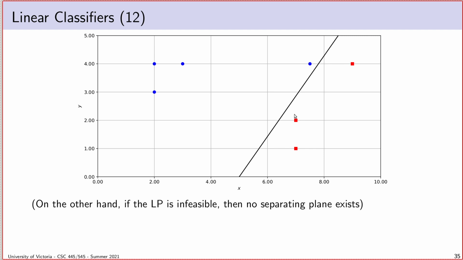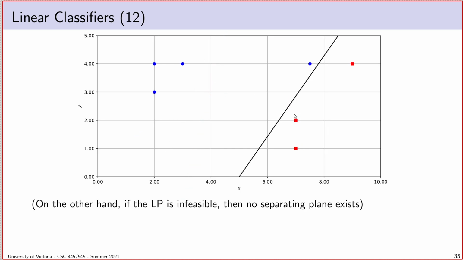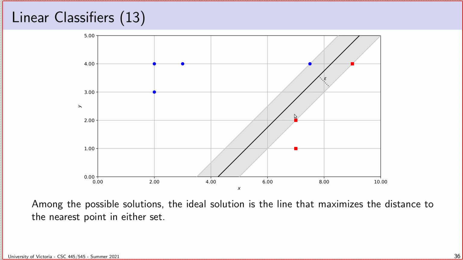Now, on the other hand, if this LP were to be infeasible, that would mean that there is no line that meets the criteria. And of course, that would mean there is no way of separating these two sets of points with a linear function. So we already do have a way to decide if the line exists or not. But what we want is, if the line exists, certainly we still want to know whether it's infeasible. But if the line exists, I want the line that maximizes the distance from the line to any point in